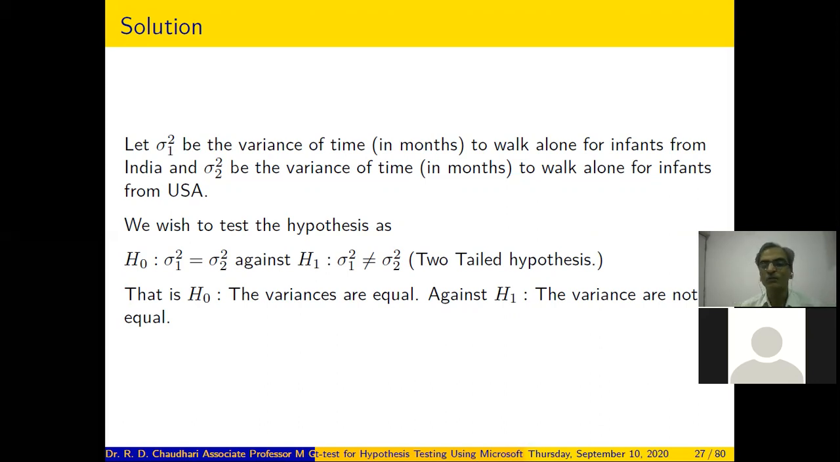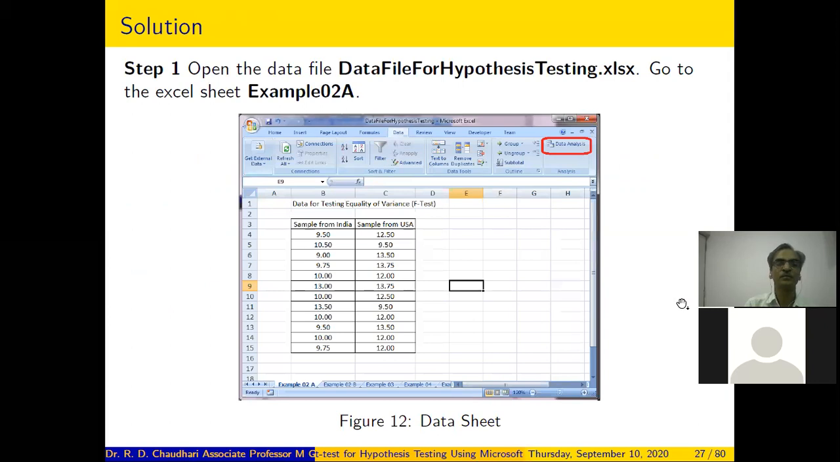As I told you, null hypothesis is always in terms of equality. And in this case, we want to test whether the variances of the two populations are equal or not equal. So the null hypothesis can be written as the variances are equal against the alternative hypothesis, variances are not equal. Now to apply the test of equality of variances, that is to apply the F test,